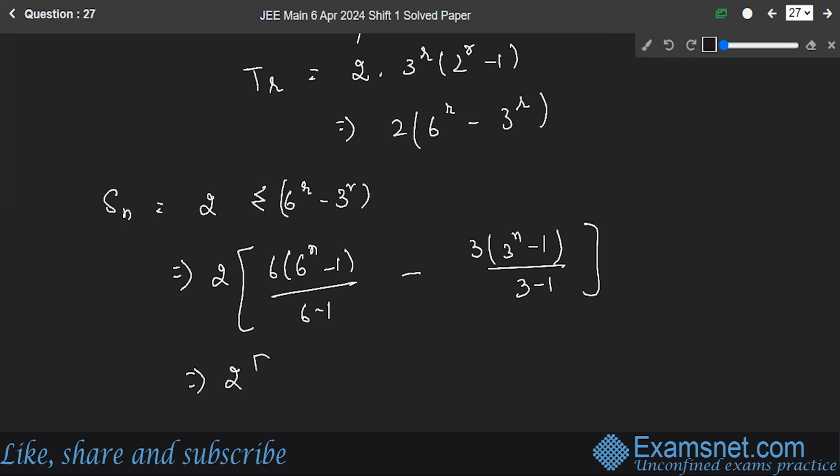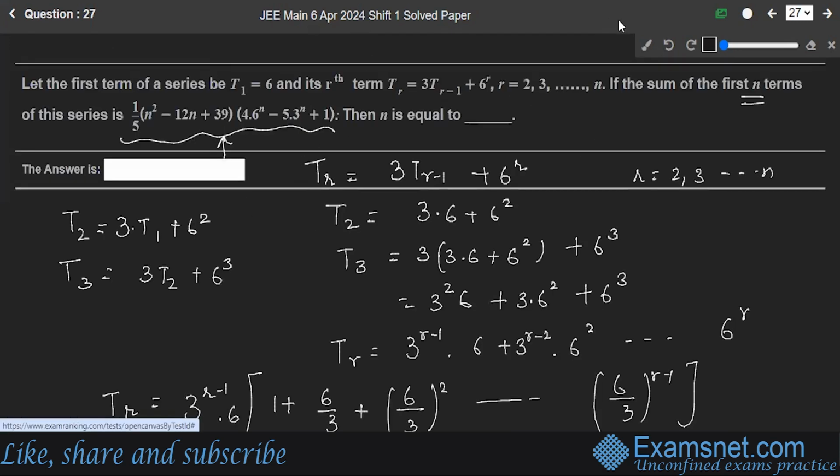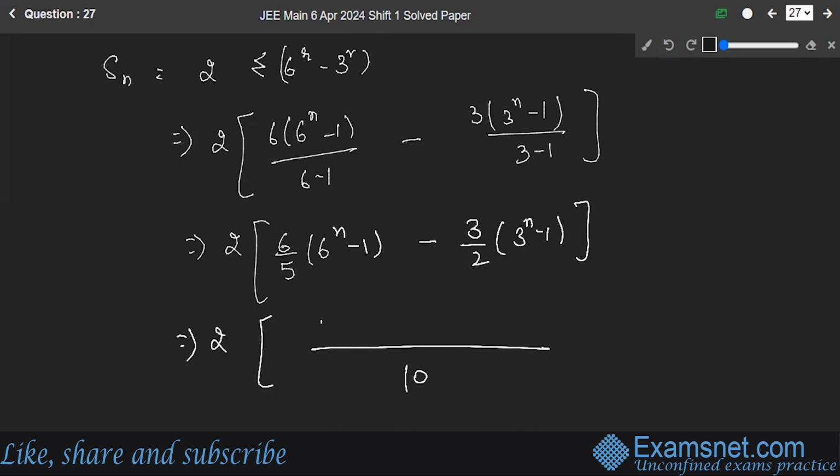Or this is 2 into, like 3, this will give me 5. So this is equal to 6 upon 5, 6 raised to power n minus 1, minus 3 by 2, 3 raised to power n minus 1. Let's take the LCM. This is 10, this is 12, and this is 15. Right? So your Sn